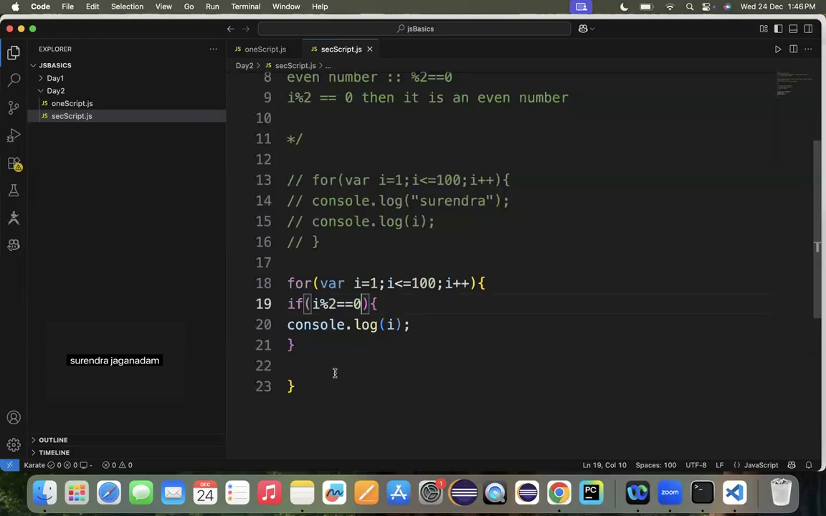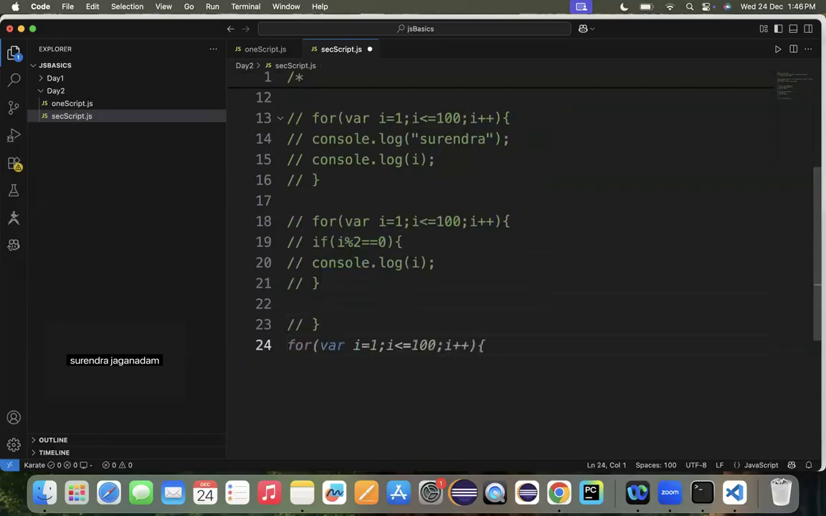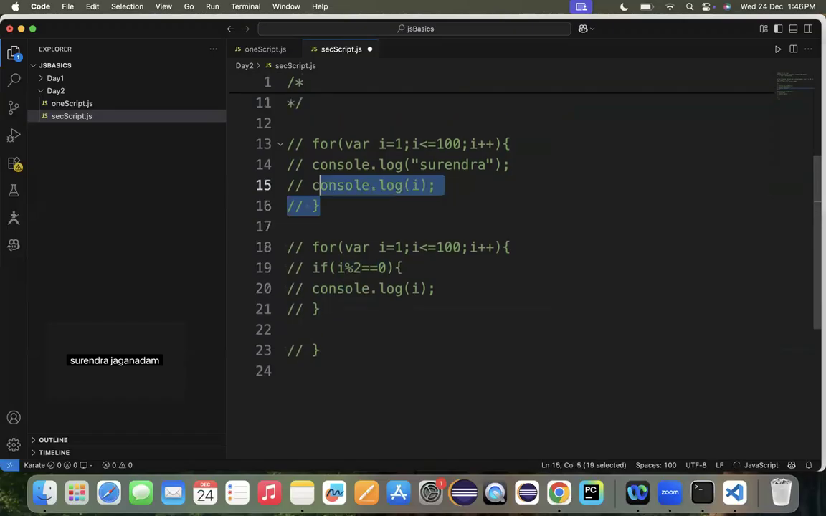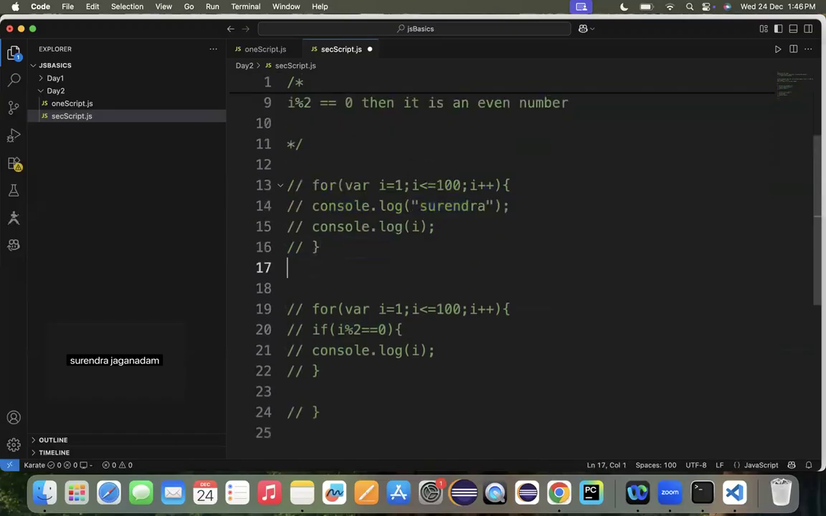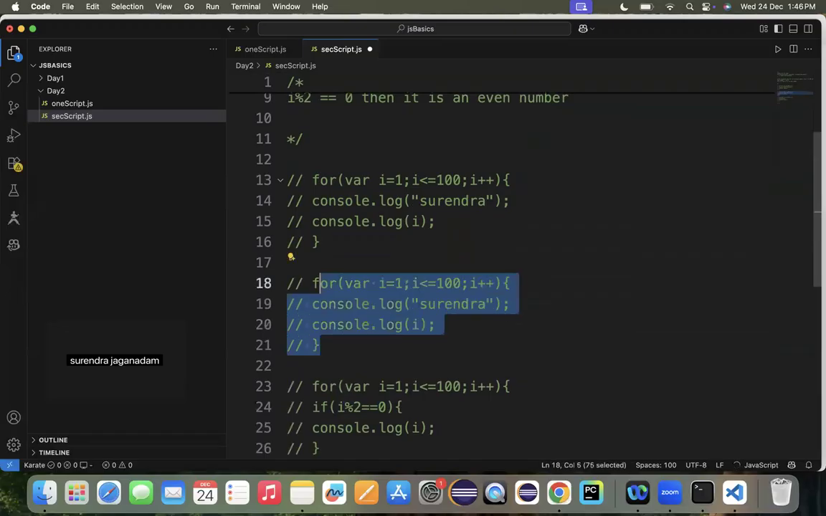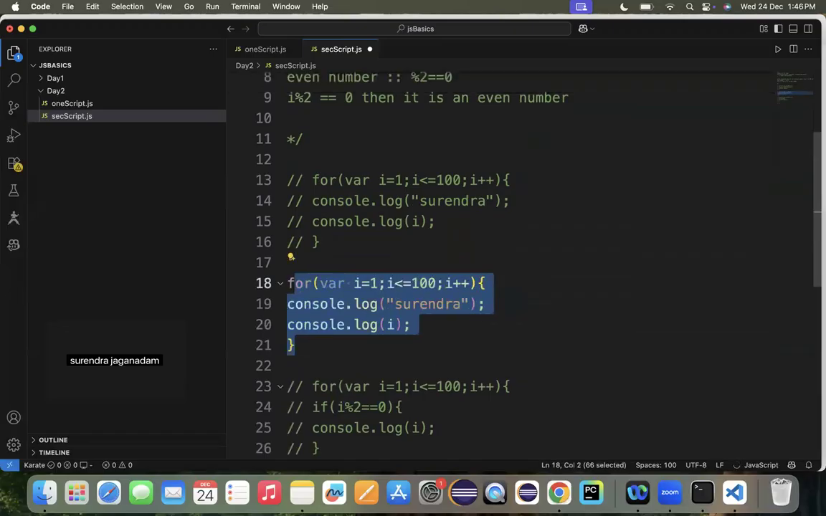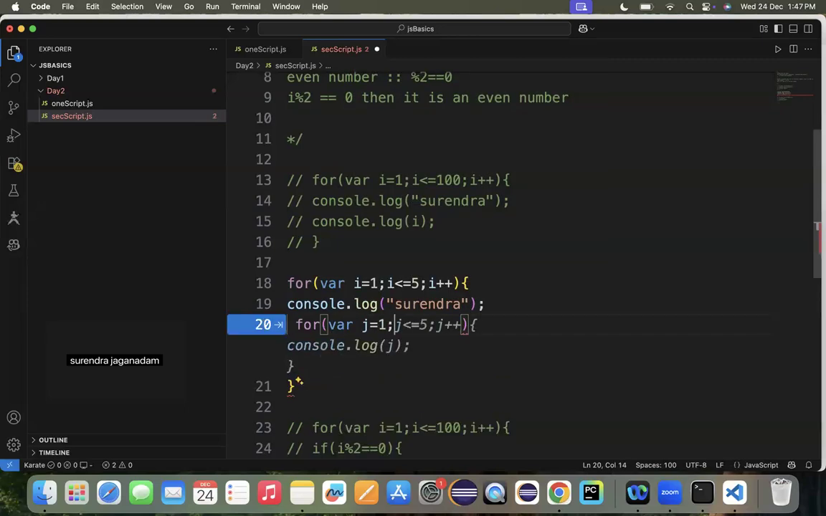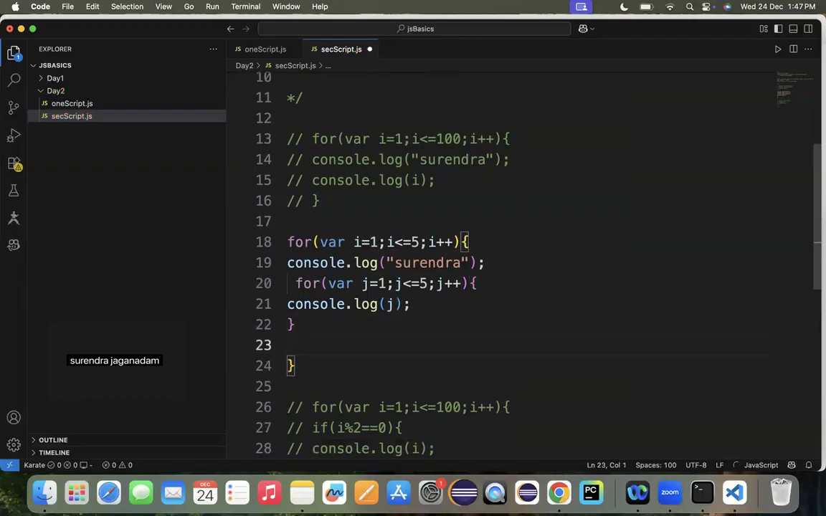And if you remember earlier, we used an if condition, inside of which we also used another if condition, right? The same way here, inside a for loop, you can also use another for loop. This concept we call a nested for. So here, i less than or equal to 5, and in this for loop, I'm creating one more for loop where j equal to 1 and j less than or equal to 5, j plus plus,